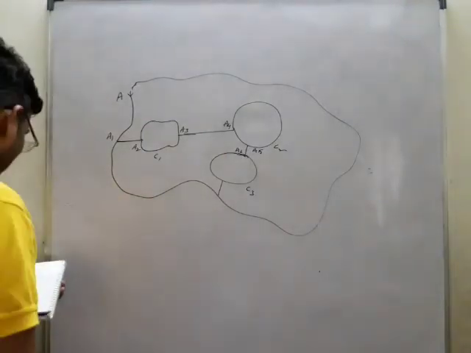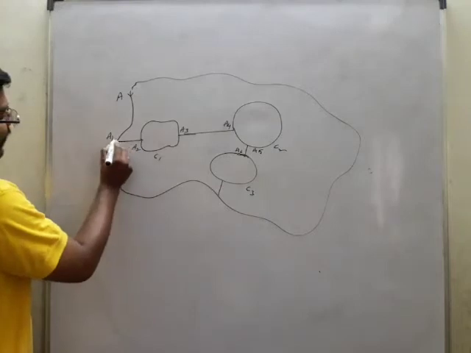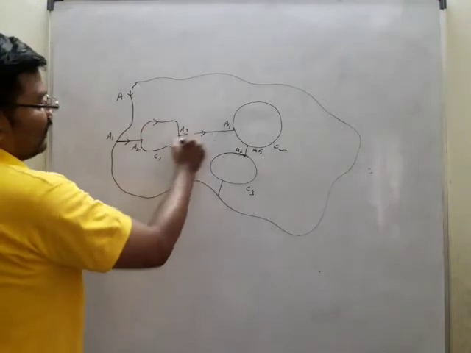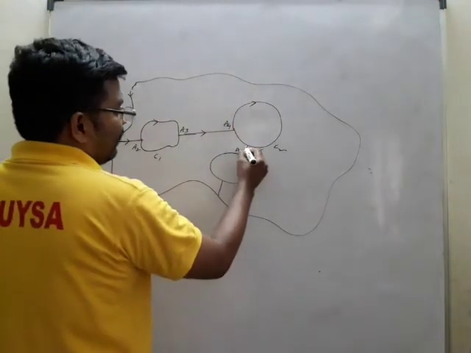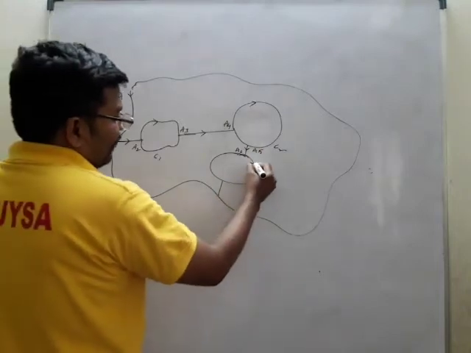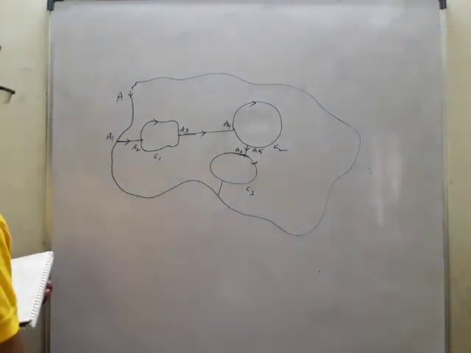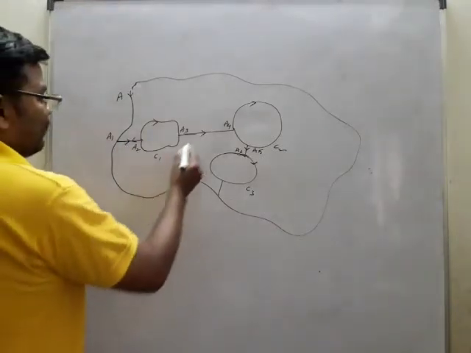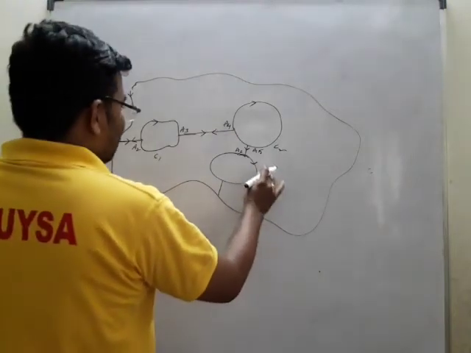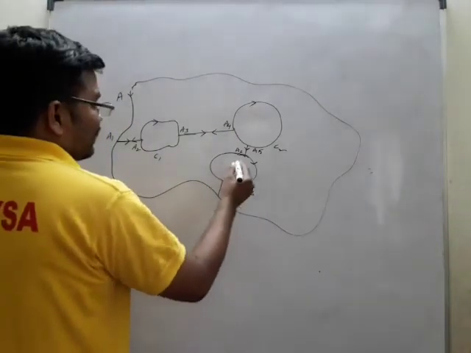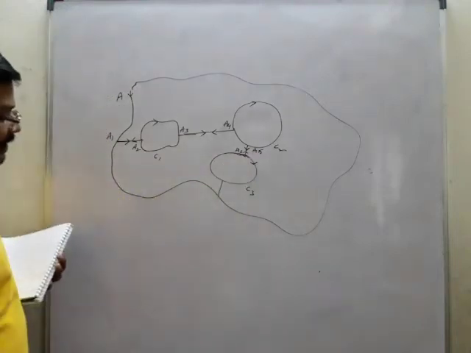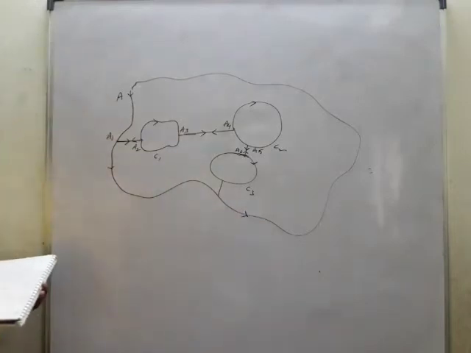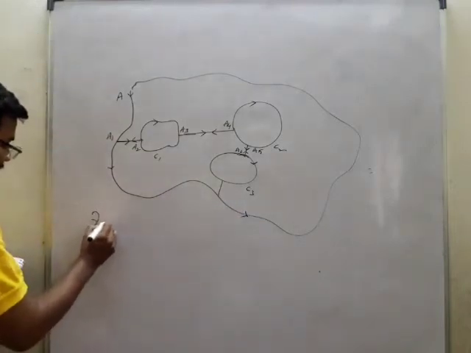Okay, so first what I'll do is, I'll take A1 to A2, A2 to A3, A3 to A4, A4 to A5, A5 to A6, A6 to C3, like this. Again I may write this one like this, and you may also consider it in the opposite direction, like this I will consider.